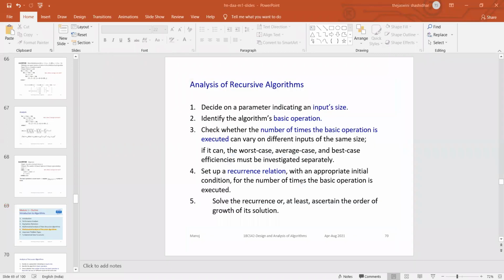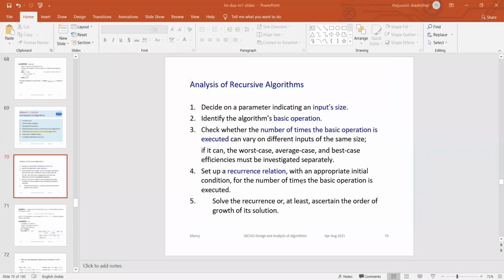Okay. So before going for the recursive algorithms, now we shall treat traversal. Before going for the problems, now you concentrate on steps. Can you remember the steps for the non-recursive? Same steps you will be having. 1, 2, 3 will be same, but fourth and fifth will be different.